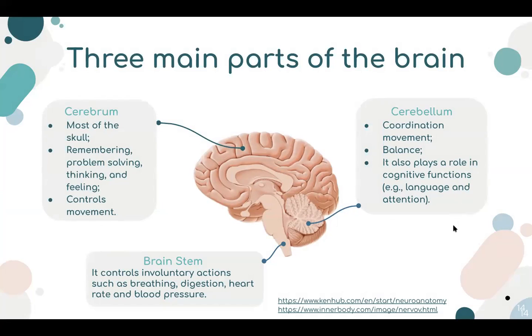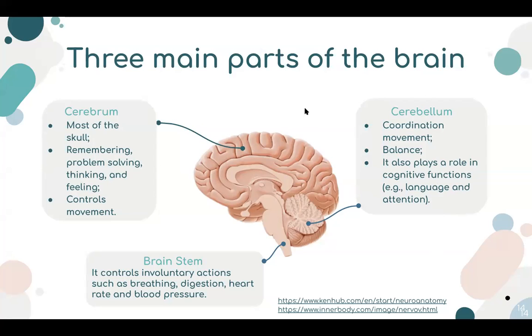Next, we have the cerebellum, which is mainly responsible for coordination and movement. This doesn't just mean coordination for activities such as walking or running. It's really coordination between how your body conducts various processes, such as the blood flow from your heart to the rest of the body's organs, or respirating and breathing in and breathing out. It also has to do with balance, and it plays a critical role in cognitive functions, meaning understanding and comprehending